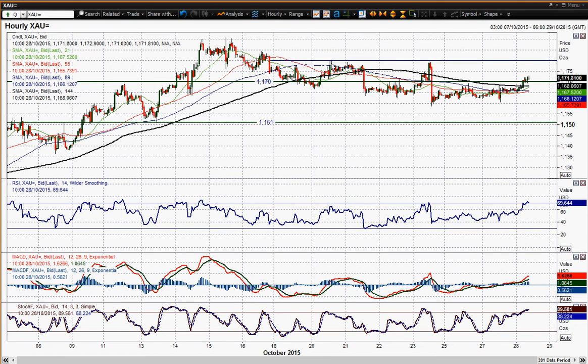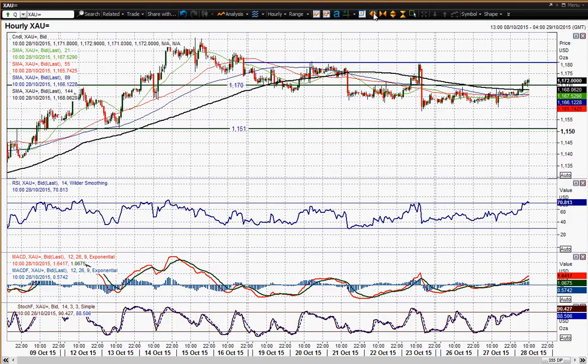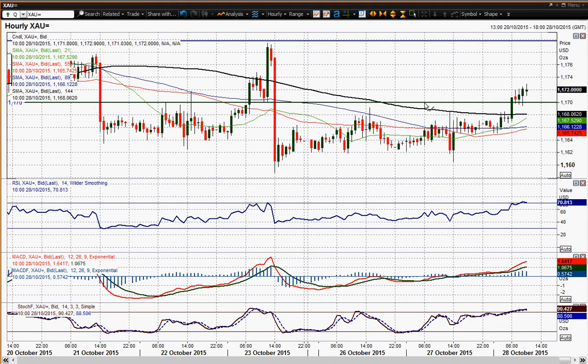So you'd now start to look towards that 1180 area, which was these two key reaction highs that we got last week. And that seems to be where we're moving towards. You're getting more positive momentum on the hourly chart, and maybe that RSI is a little bit near-term overbought for the hourly. So maybe you'd start to think about buying on a bit of a dip. You'd look at the buying areas now. You'd say 1165 to 1167 seems to be a reasonable support area now. You'll get a little bit of a dip into that, but certainly it looks increasingly positive for a move back